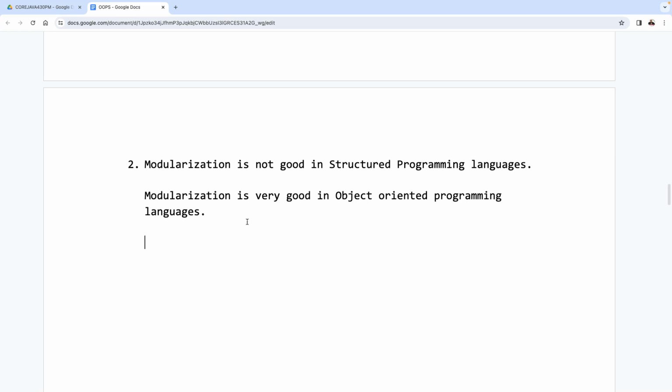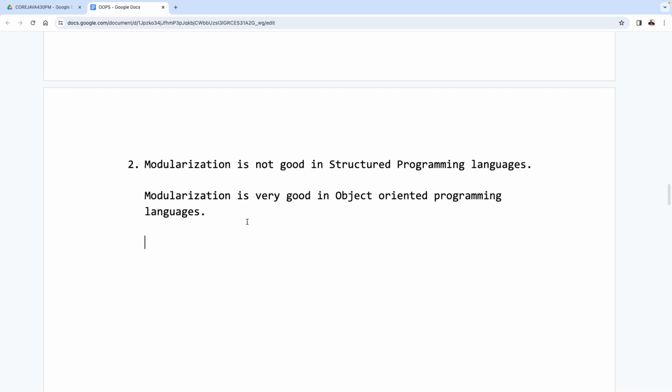If we take Java as a programming language, the packages topic is available. Packages concept is available. Not only that, in the case of Java 9 version, JPMS, a separate topic, the module system, is available. The packages topic is a part of object orientation. All these concepts represent modularization in our applications. We provide modules in our applications by having JPMS and packages in the case